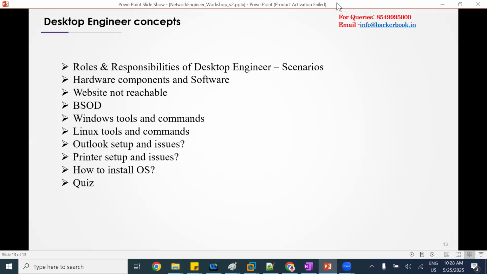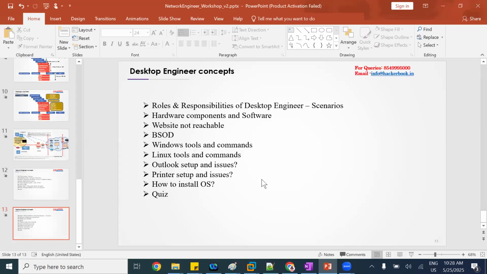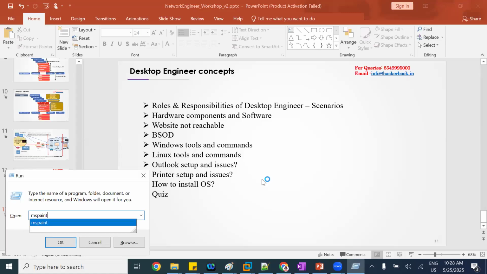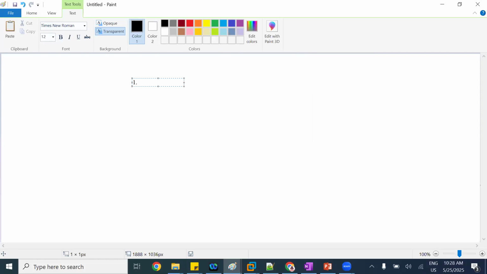Of course, desktop engineer requires networking skills also. And now I'll list different areas where exactly the network engineer is going to work. What are the roles and responsibilities of a network engineer? The first one, they have to take care of hardware. Hardware in the sense, within a software company,